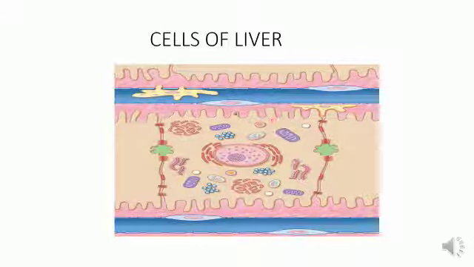The second type of cell is the Kupffer cells. They are star-shaped cells lining the hepatic sinusoids. They are derived from the bone marrow and they belong to the mononuclear phagocyte system. Hence, they clear the cellular debris and microbes from the blood. The third type of cell is the Ito cells. They are also stellate-shaped cells present in the perisinusoidal space of Disse. They are the primary storehouse of vitamin A.